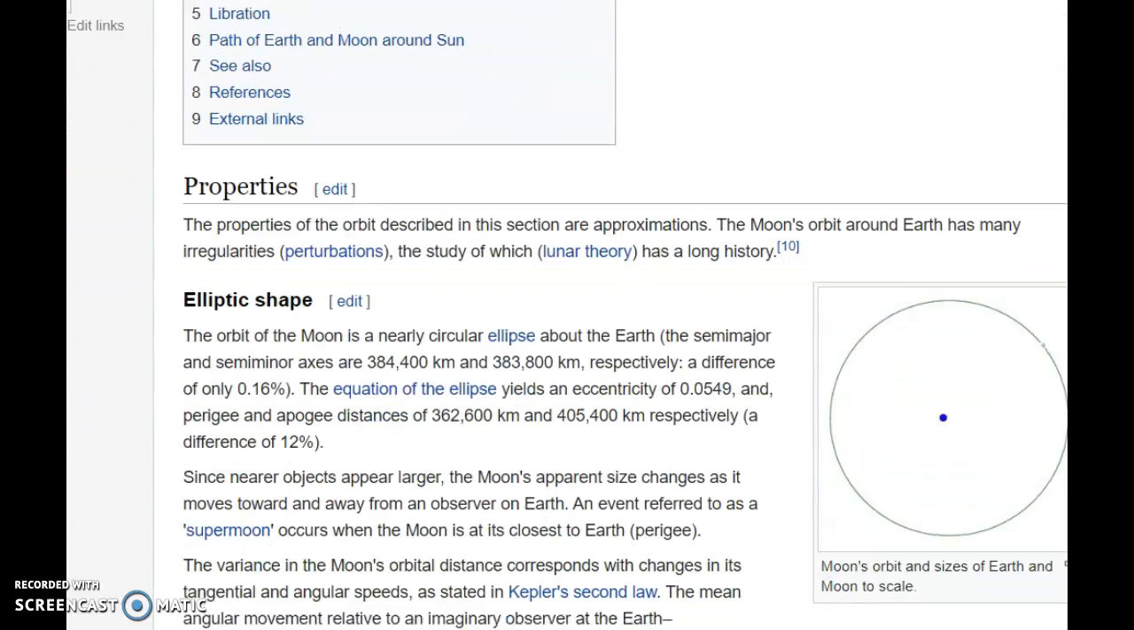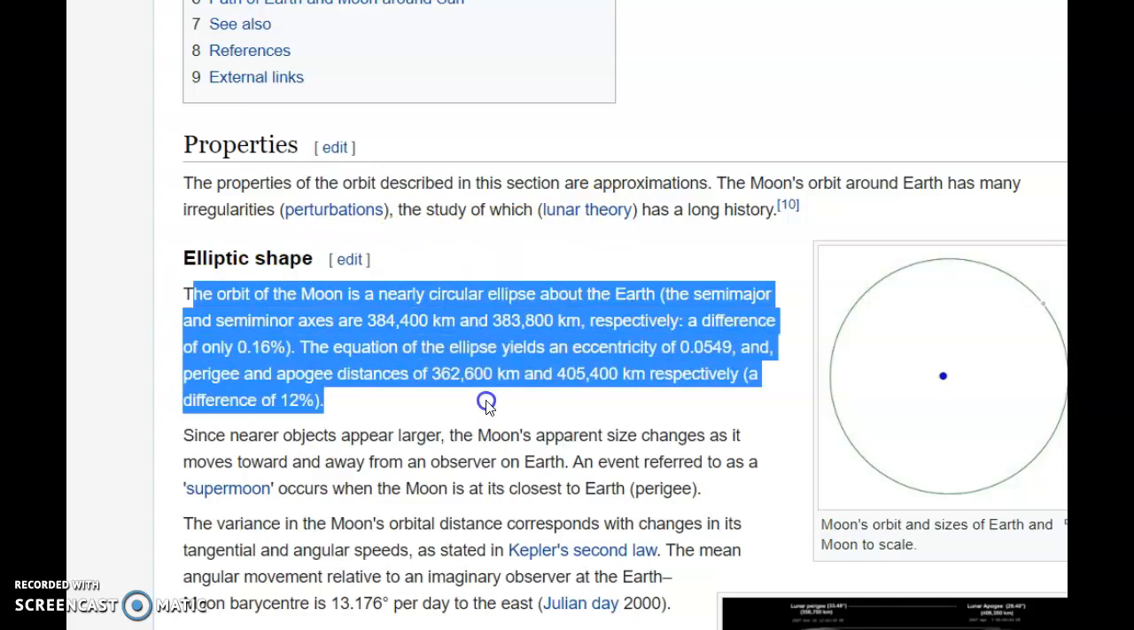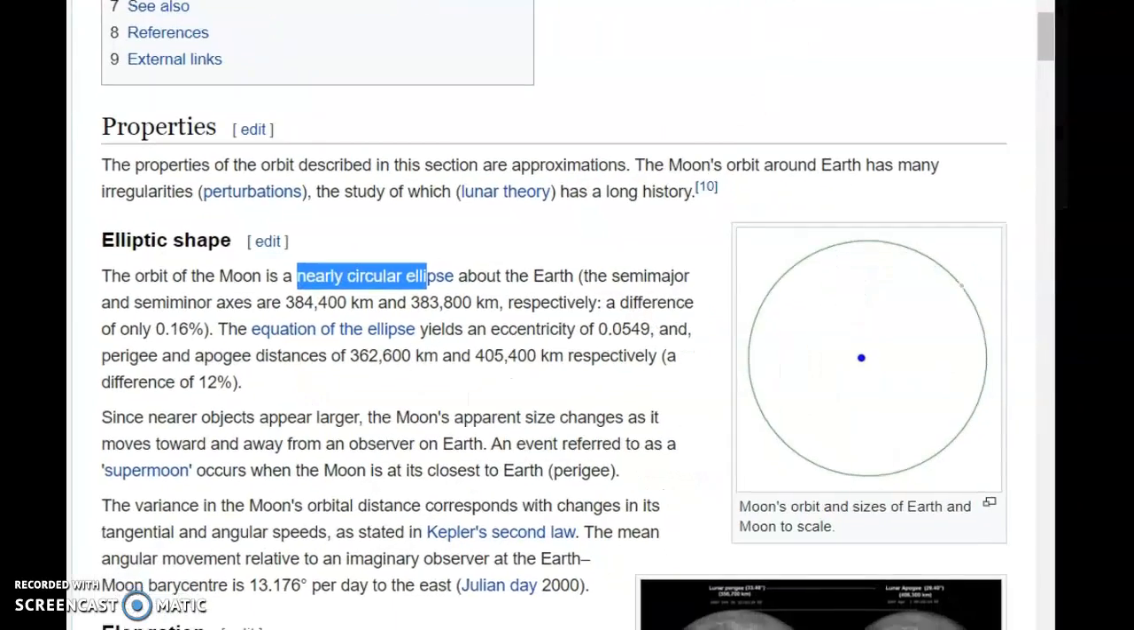and it used to say right here that the orbit of the moon is quite elliptical. And this particular sentence that you see here doesn't say that anymore. It doesn't say quite elliptical. It says nearly circular ellipse, and we can see it in this drawing. So this particular